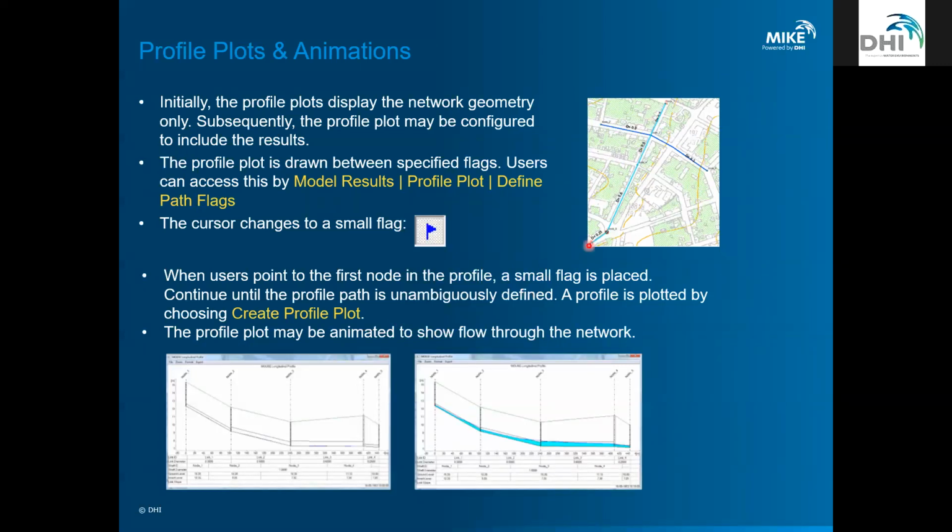And then you'll see that the flags, when you click them in the network, are going to have little numbers associated with them. So this will say flag 1, and this will say flag 2. So that's the way that the profile is going to be drawn. And then after that, you click Create Profile Plot, and this is what you're going to see. It's drawing a side view of the model network. So not only do you get the slope and pipe diameter, but you can also see the animation of how